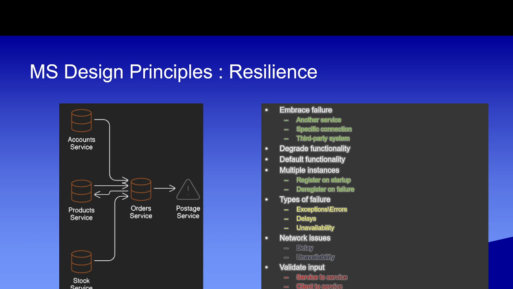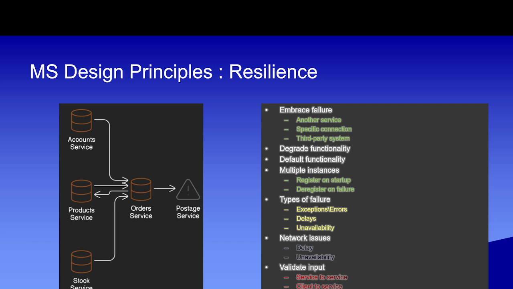In this video, we are going to discuss resilience, another key design principle for microservices. We basically need to embrace failure when it happens. Failure might be in the form of another service not responding to our service, or a connection to another system which has gone down, or a third party system which fails to respond. Whatever the type of failure, our microservice needs to embrace that failure by degrading the functionality within our microservice or